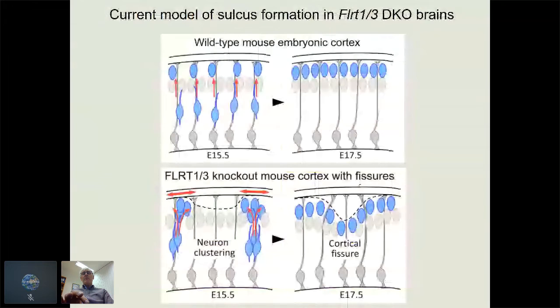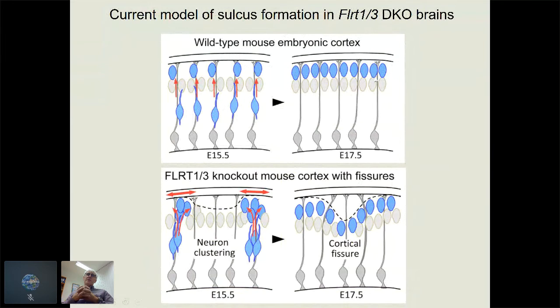So this and some computer modeling convinced us that something like this might be going on. In a wild type embryonic cortex, the migrating FLIRT positive cells seem to be engaging once in a while in a FLIRT sort of adhesive manner, the consequence of which is that they all migrate fairly homogeneously with a similar speed up to the cortical plate,